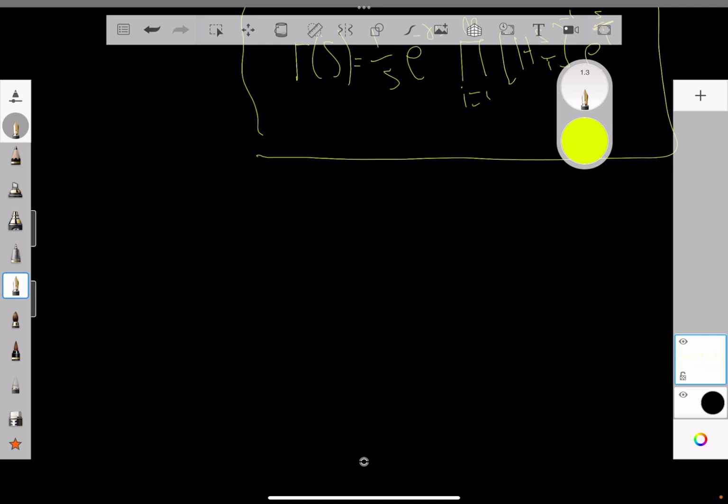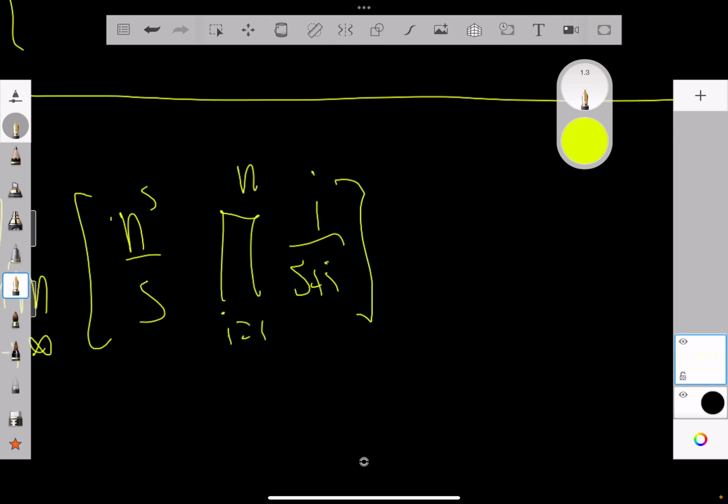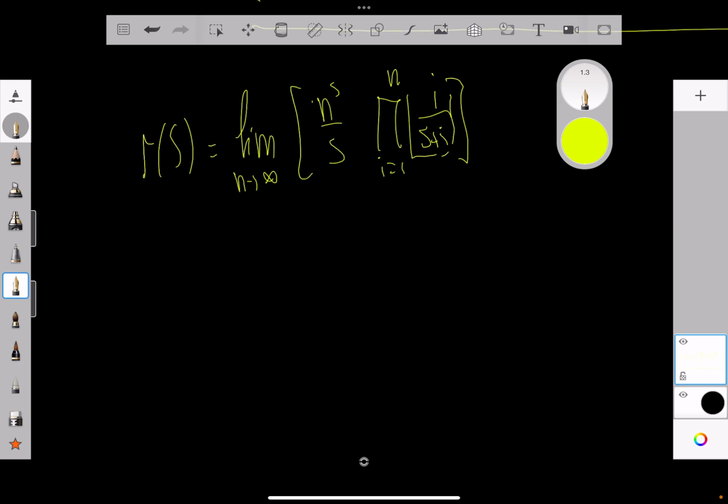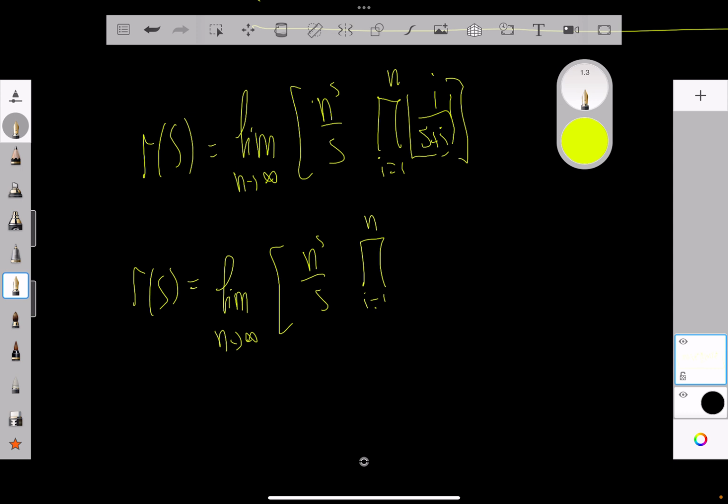In the last video, we proved that the gamma function equals the limit as n approaches infinity of n to the s by s times the product from i equals 1 to n of i over s plus i. Let's divide this by i. So gamma of s equals the limit as n approaches infinity of n to the power of s by s times the product for i equals 1 to n of